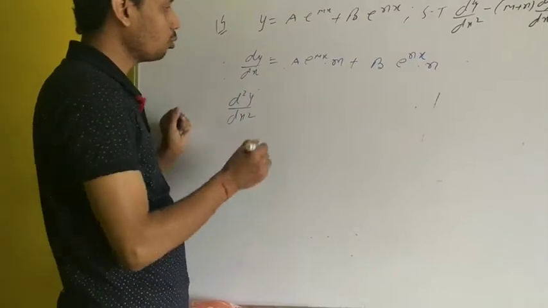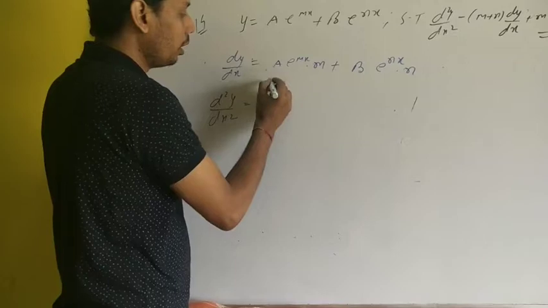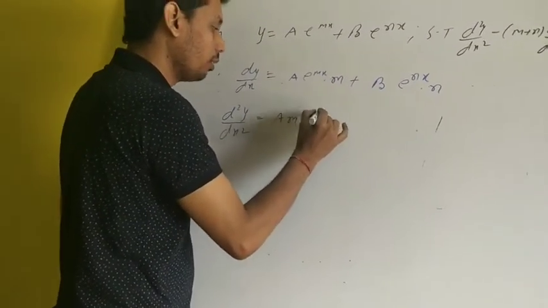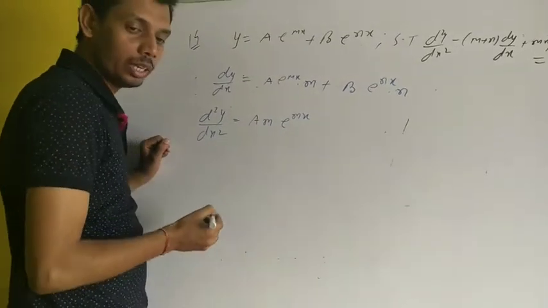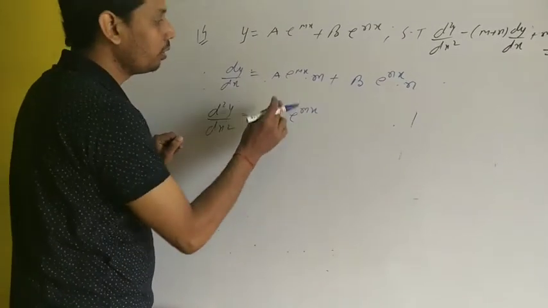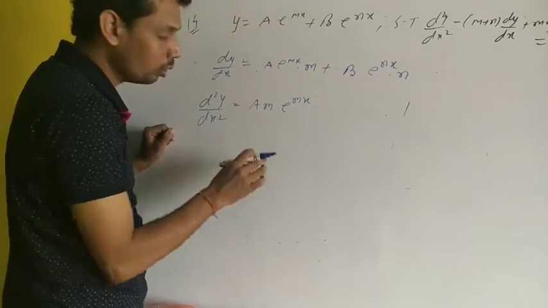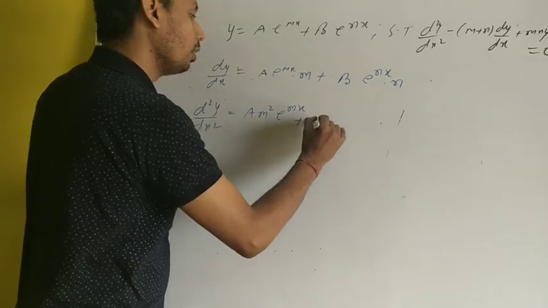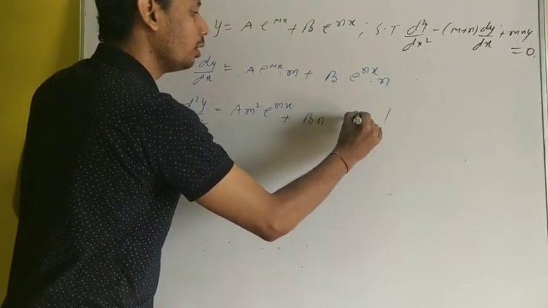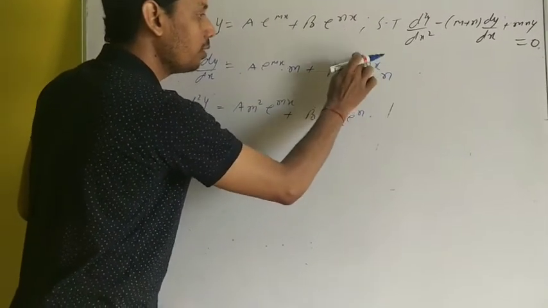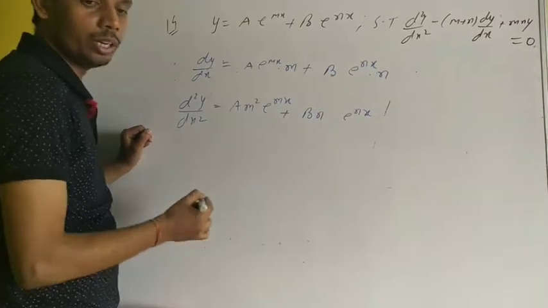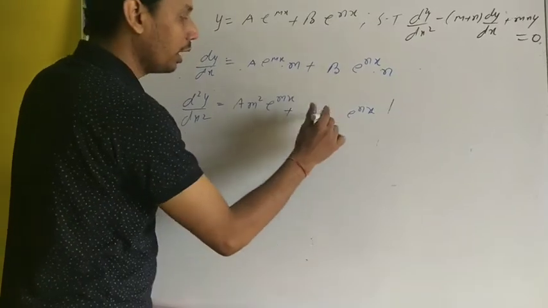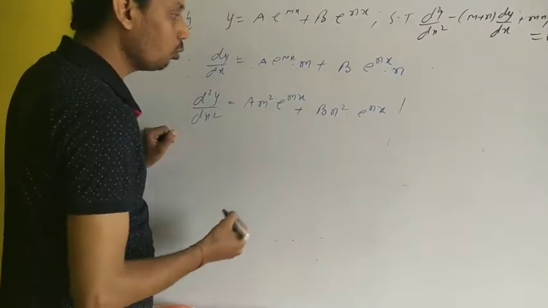Okay, now again differentiating this with respect to x, we get differentiation of dy by dx, that is what? d square y by dx square. This is equals to here a m constant, differentiation of e to the power mx, e to the power mx, and differentiation of mx will be equals to what? m. One m is already here, so this is m square plus here b n constant, differentiation of e to the power nx will be e to the power nx, and differentiation of nx will be equals to what? n. So one n is already here, so this becomes n square.